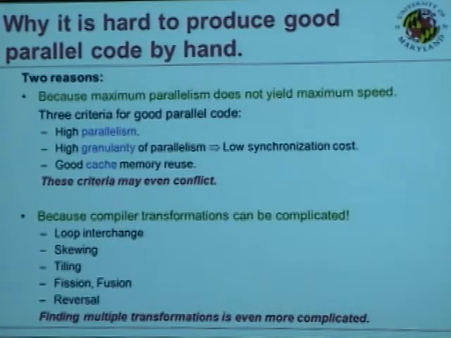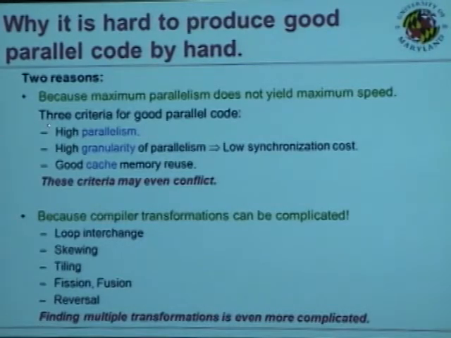Okay, so again, why is it hard to produce good parallel code? Why can't programmers just write good code? And again, none of these apply for the really skilled programmer. But these are things that stand in the way. Number one, if you only concern yourself with maximizing parallelism, that actually, counterintuitively, does not necessarily give you